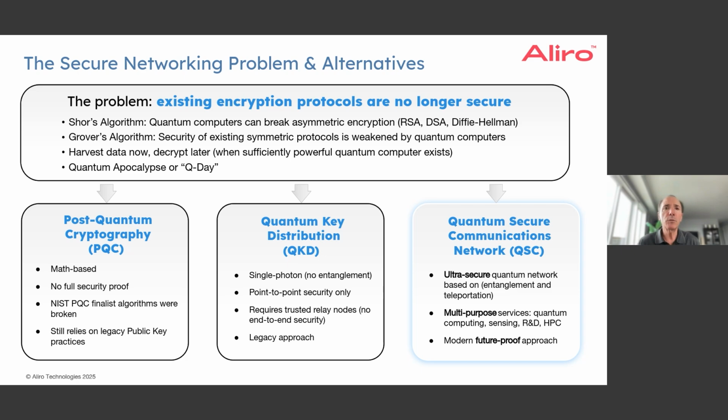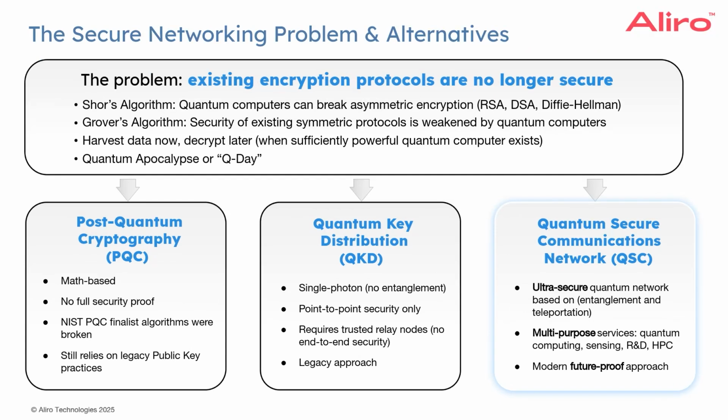Now, kind of zooming up a little bit, we talked about the problem way back at the beginning. This thing called Q-Day is coming. RSA and Diffie-Hellman and the other public key cryptography methods that rely on the integer factorization problem are now susceptible to quantum computer attack, in the future, or even now maybe.